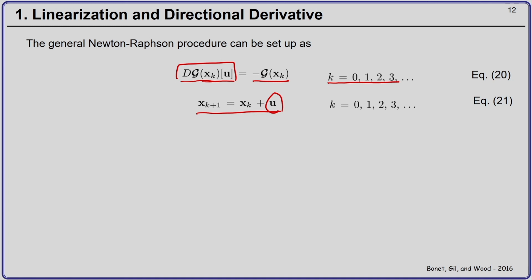So, you start with k equal to 0, and then you have x 0, you compute u, get the value of x 1, you go back and check the convergence criteria. If the criteria is not fulfilled, then you again compute u, and then compute x 2 as x 1 plus u, and you keep on doing this till you achieve your convergence criteria. So, this establishes the Newton-Raphson procedure for nonlinear equations given by g of x equal to 0.